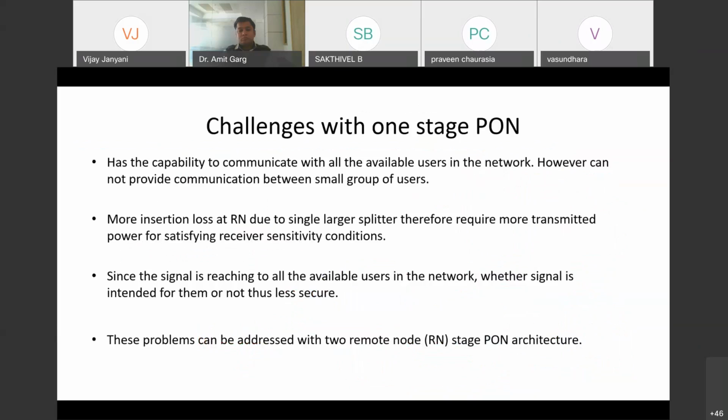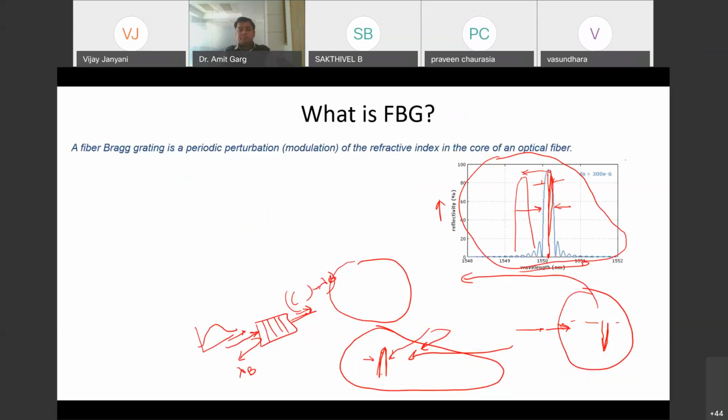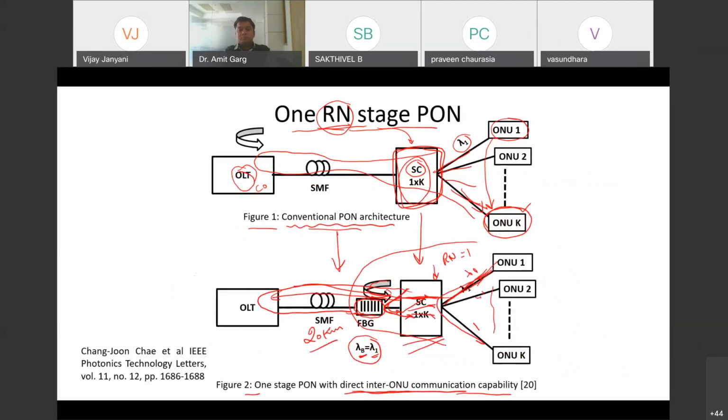So what is the challenge with the one stage PON, that is one RN, whether it is with direct inter-ONU or without that? It has the capability to communicate with all the available users in the network. However, it cannot provide communication between a small group of users. So let me go back to this slide so that you understand it better.